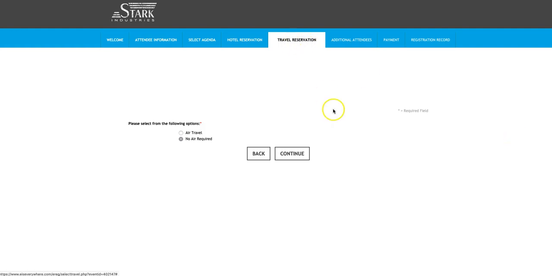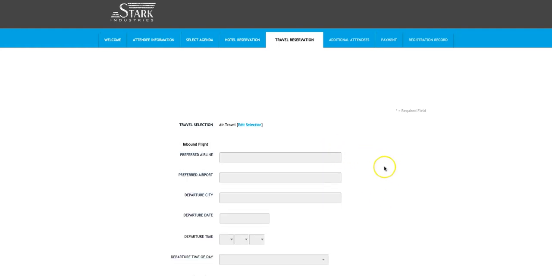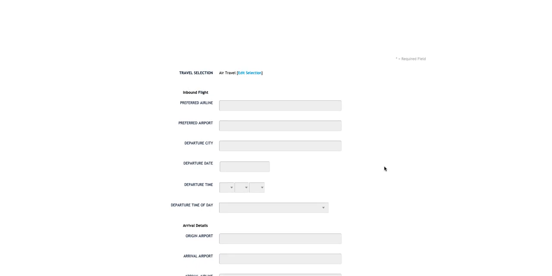Now we also have a travel reservation page. You can ask if attendees need travel assistance or what kind of travel they'll be doing. Of course, you could completely eliminate this page if travel reservations is not a thing. But in this instance, I'll walk through it. We'll select air travel and continue. And then you can see, of course, that I can ask a slew of additional questions, again, all to help